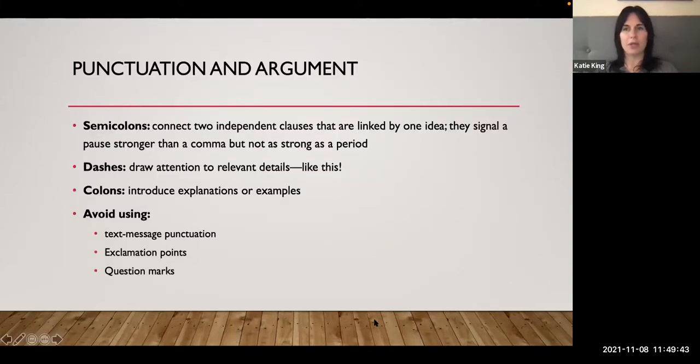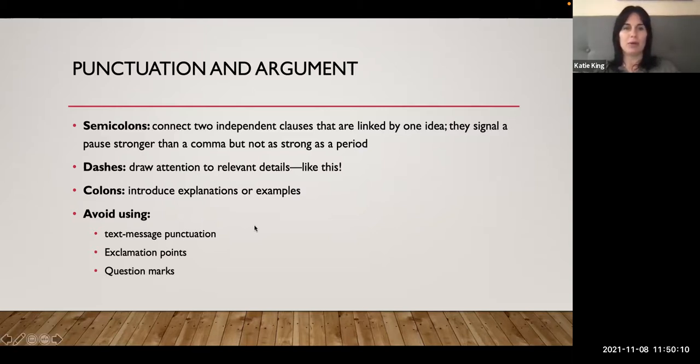So now let's talk about punctuation. For those of you who are always sort of confused about punctuation or not quite sure where to use it, here's a very, very quick refresher. And if you want to do more research on any of these punctuation types or these words, do your own grammar refresher on these things in your own time.